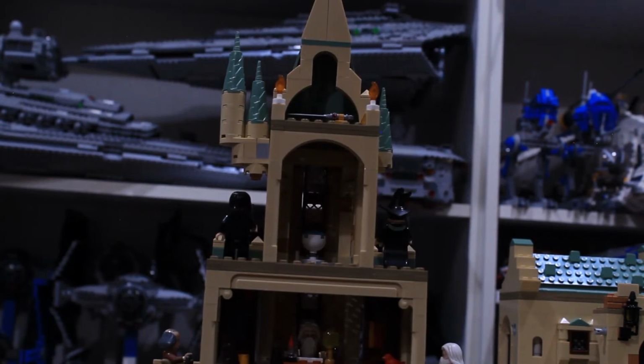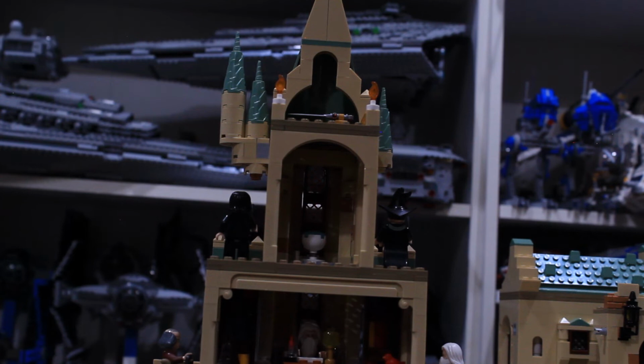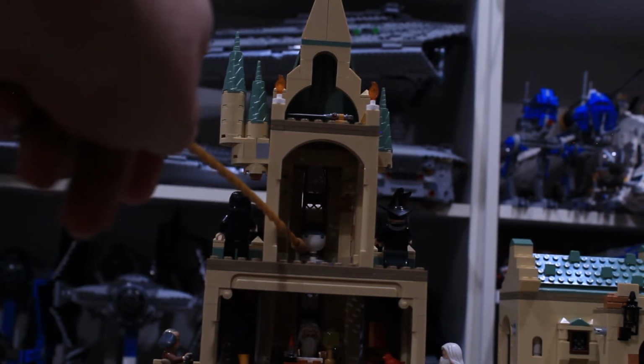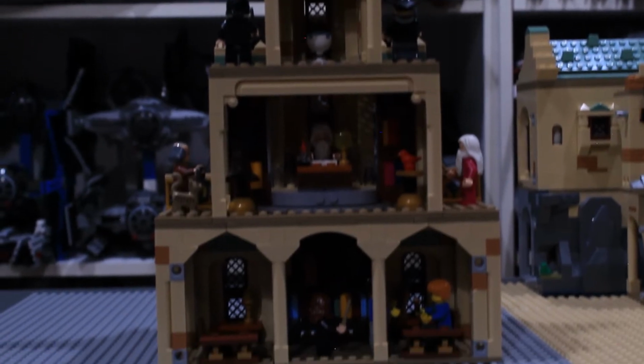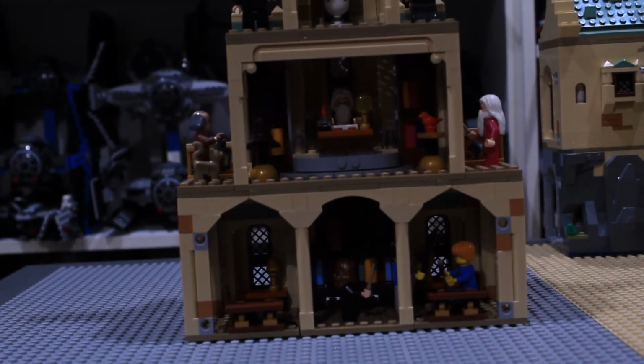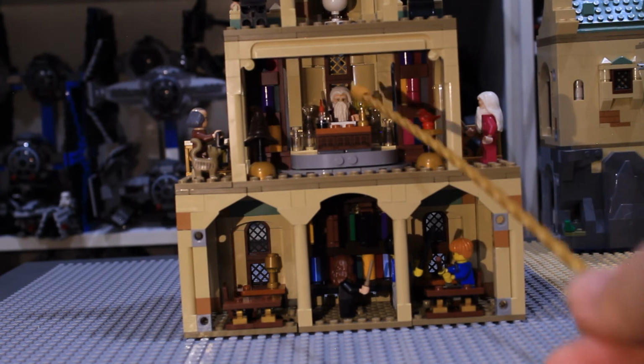Starting at the top here with this set, you've got the Sword of Gryffindor up there, and that's it really. There's a couple of candles on the side, but not super impressive. Then below it, you've got that little memory bowl thing, and again, that's really it in that room. Not super impressive. But then going down, taking a look at those bottom 2 levels, we've got Dumbledore's office,